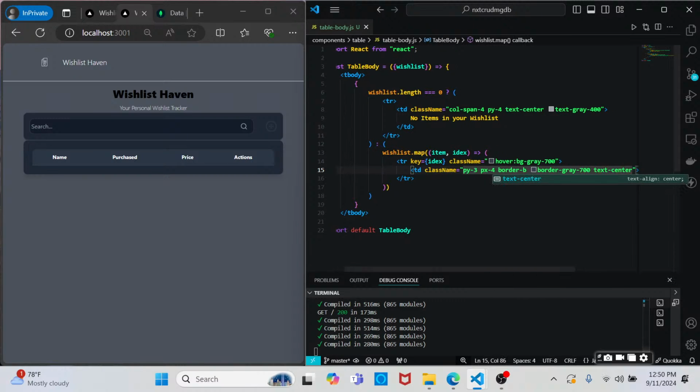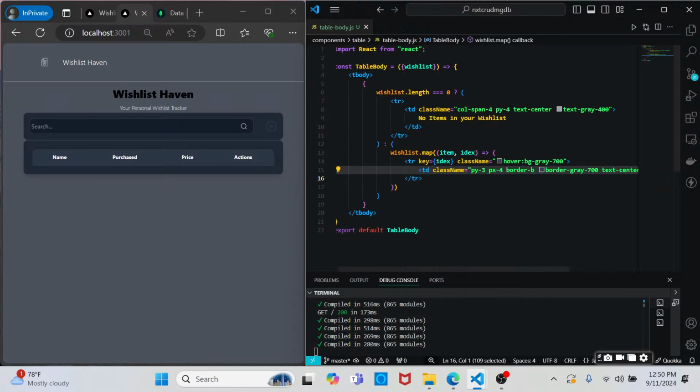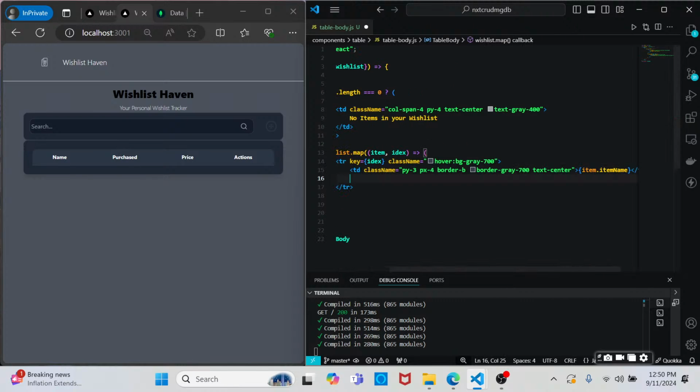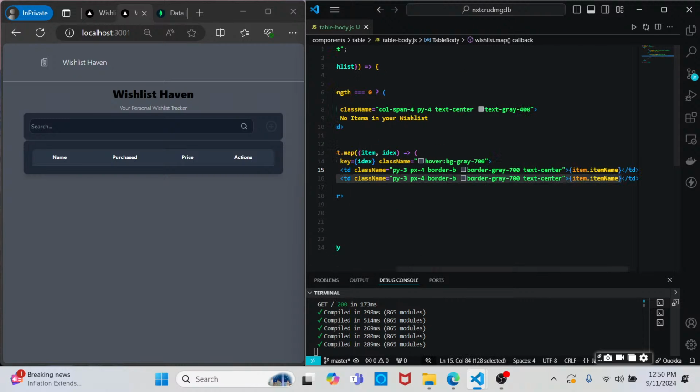Hit save. And we can just copy this because we're going to need to use it again. The next field is purchased, and remember, with purchased we are dynamically displaying the information, so we could just go ahead and paste in the item name again, hit save, remove this,